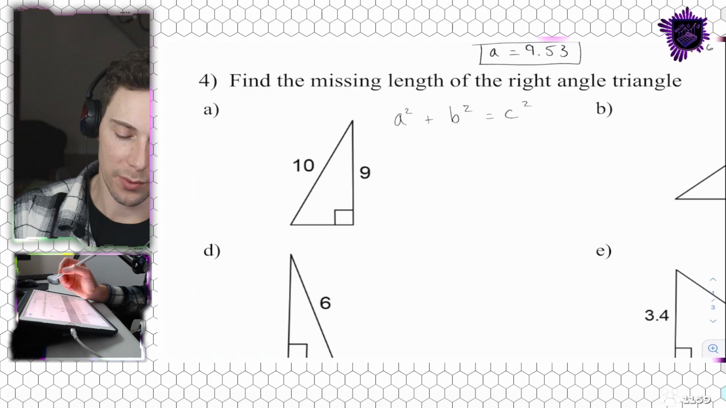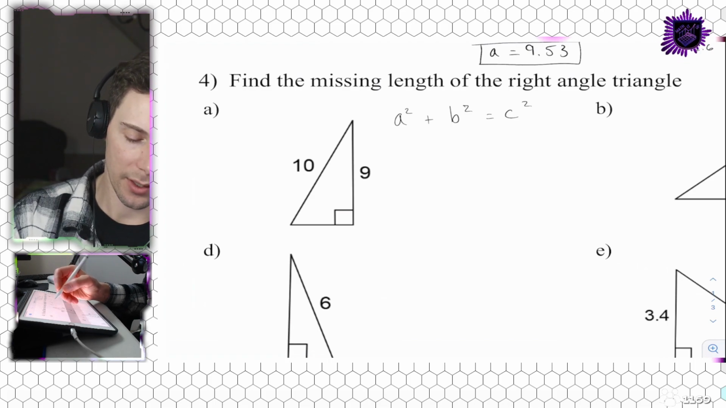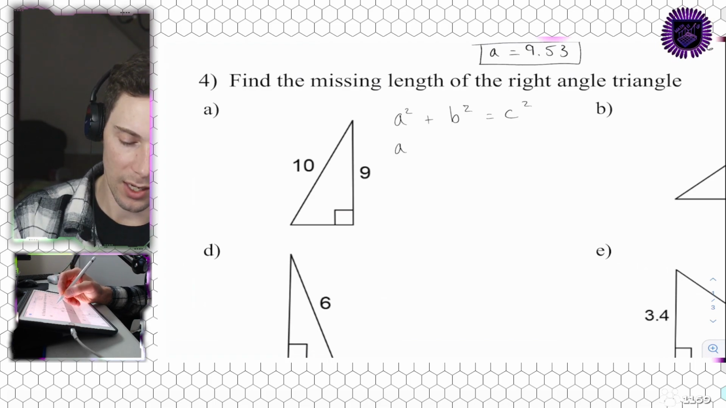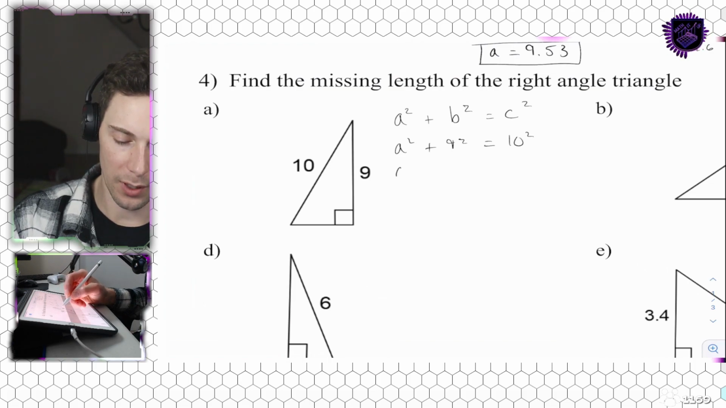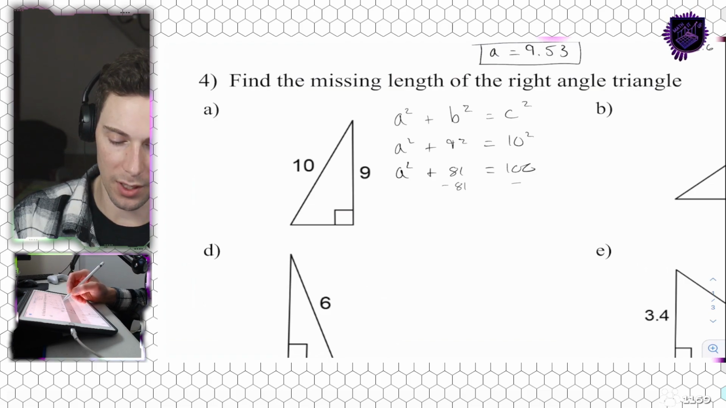A squared plus B squared equals C squared, and we're given, let's leave it as A, we don't know, plus 9 squared is equal to 10 squared, and then a number we don't know, squared, plus 81 is equal to 100, and we can subtract 81 from both sides, leaving us with A squared is equal to 19,